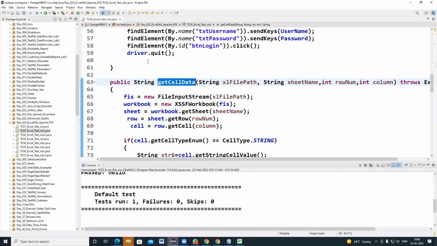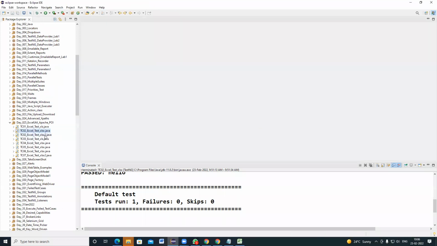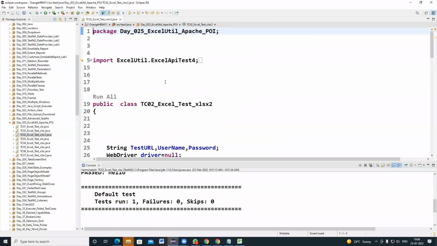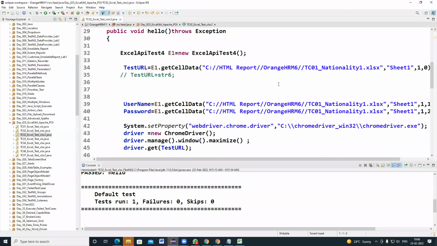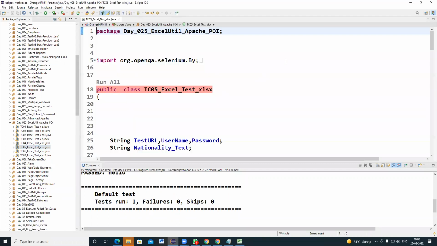But in real time, people will follow this approach, whatever approach I have shown you just now. Import package name dot class name, create the object, and give the exact input values. It will fetch. That's it. So now I'm going back to lab number 5. Okay, is everyone clear up to here? Understood, right? So I'm going back to lab number 5.